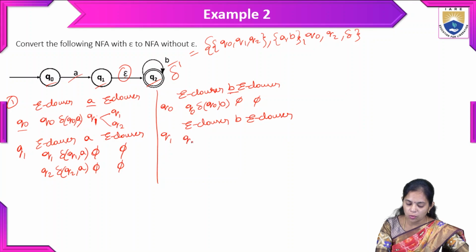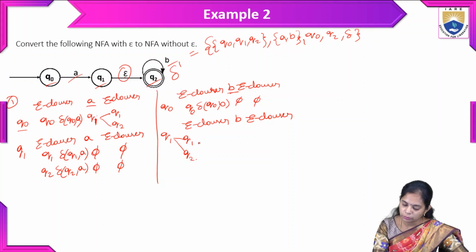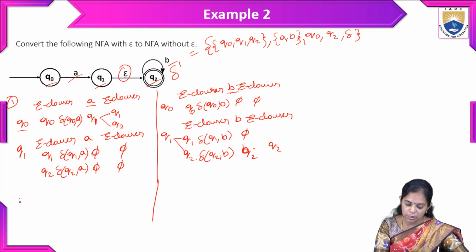And transition of Q1 comma B. For Q1, the epsilon closure has the two values. So transition of Q1 comma B, there is nothing. And transition of Q2 comma B, it has the value Q2, and the Q2 transition has only the Q2 value. And one more state we need to take, and the epsilon closure